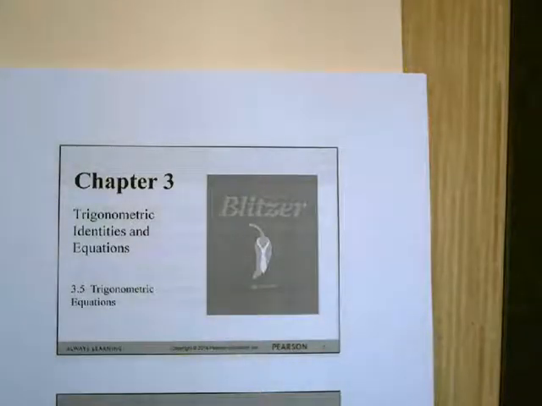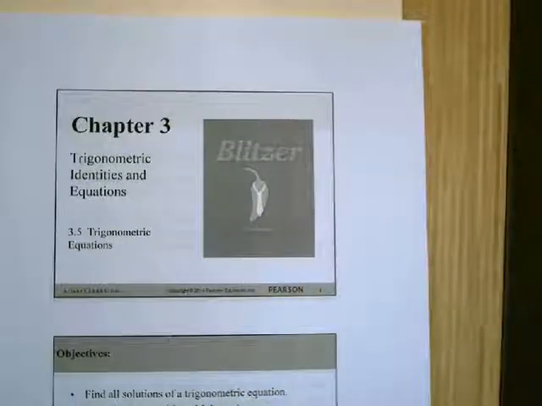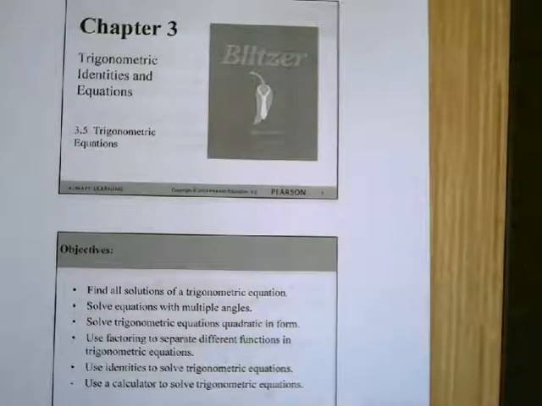Okay, 3.5 covers trig equations. They give us some objectives here. It says find all the solutions of a trig equation, solve equations with multiple angles, solve trig equations in quadratic form, use factoring to separate different functions in trig equations, use identities, use calculators. So we have a variety of options here for what we're going to be doing. So we're going to start here